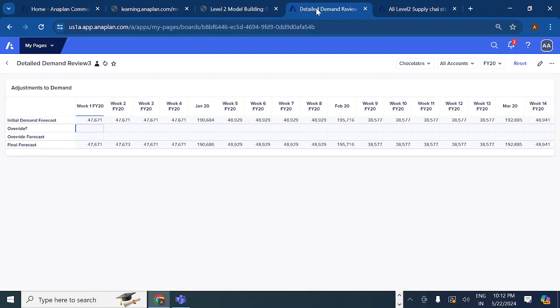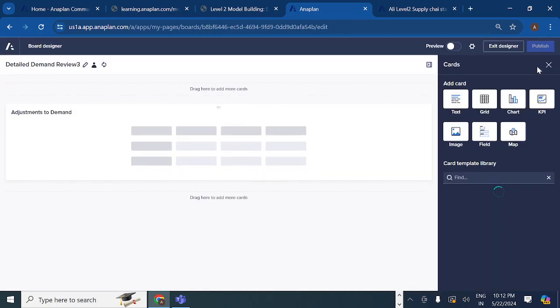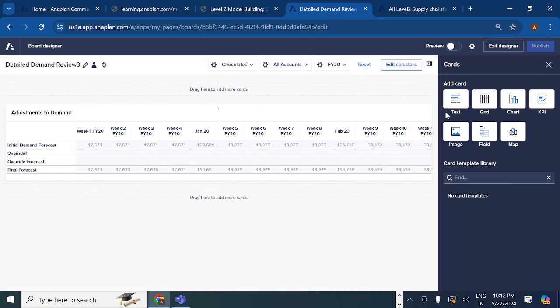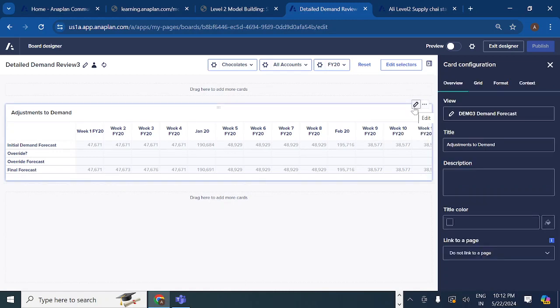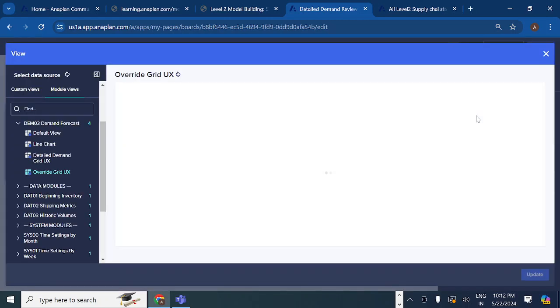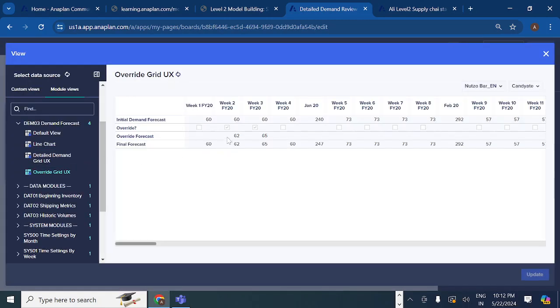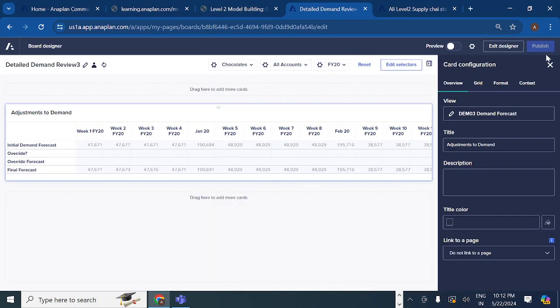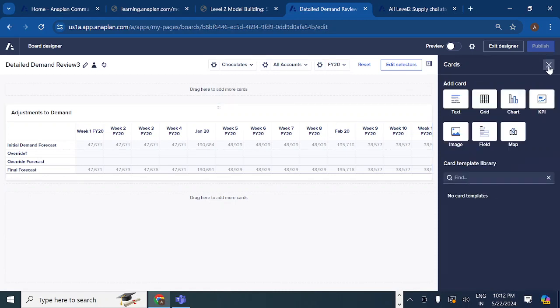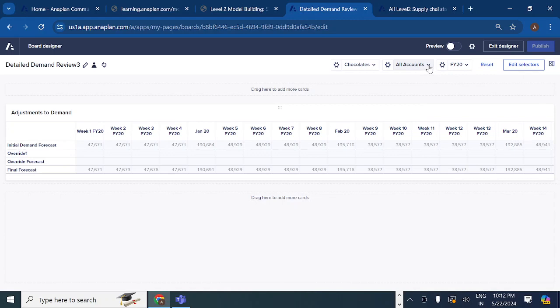So you can see here what is our source. So what is our source? Go to source, override grid UX. You can see here. Yes, so these two things you can see here, and once you select these things, everything is fine. So nothing is wrong. Just select the different things, and you can see here